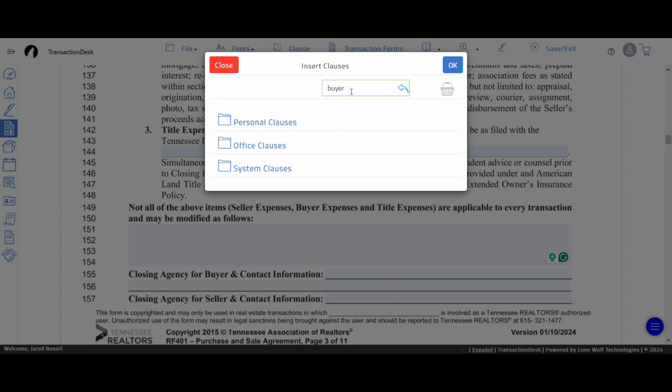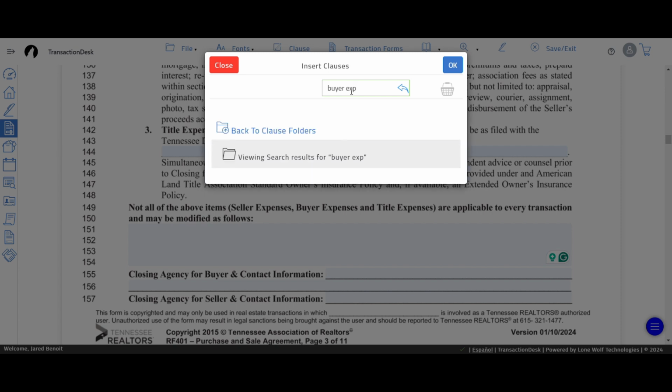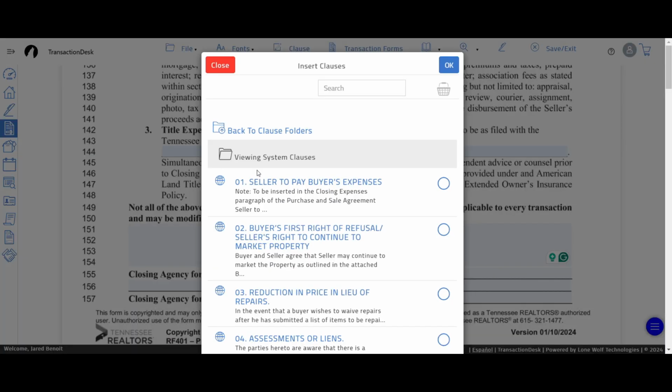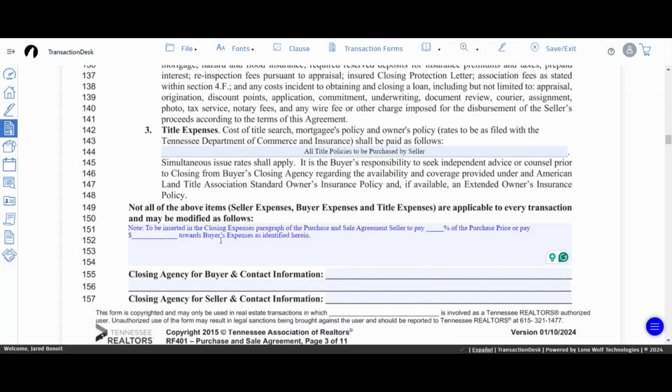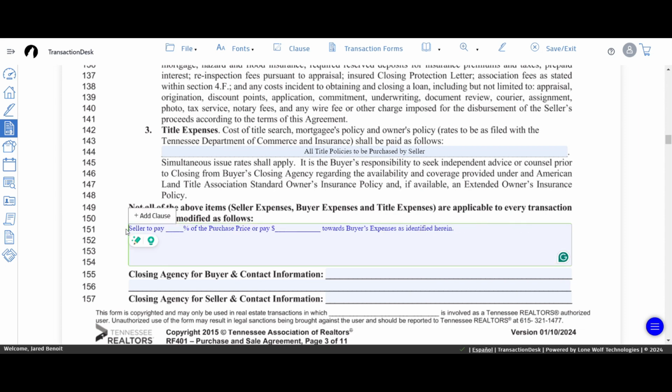we can go to buyer expenses. Oh, it's not going to pull it up, so I'm going to go a different way. If you go to system clauses, the top one, seller to pay buyer expenses. If I click that, click OK, it goes in there. The first part of this is actually just a note, so we're going to delete that,